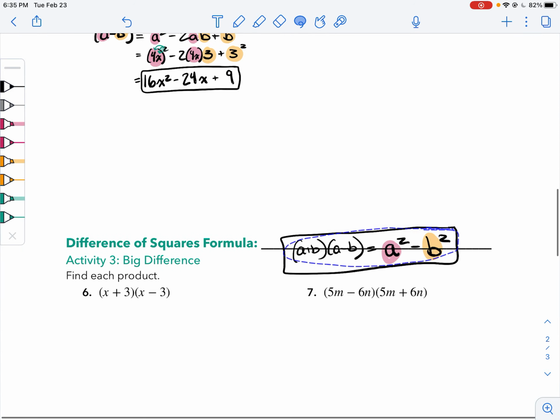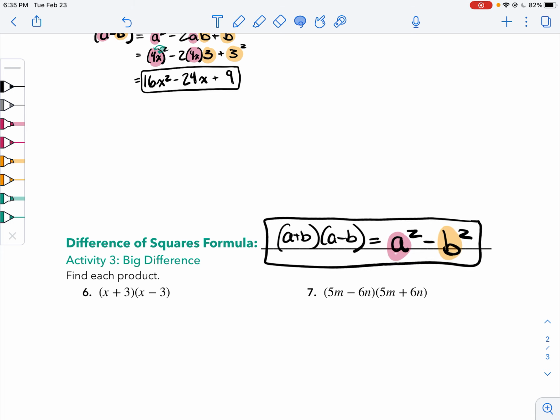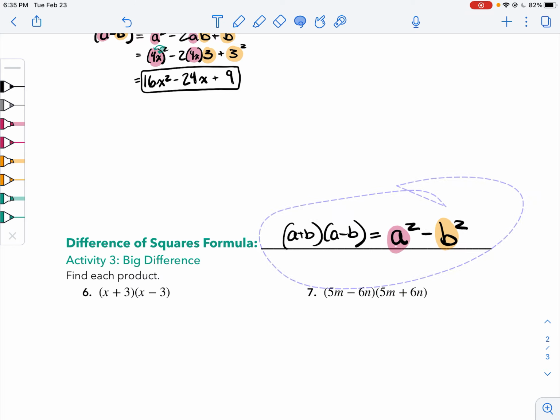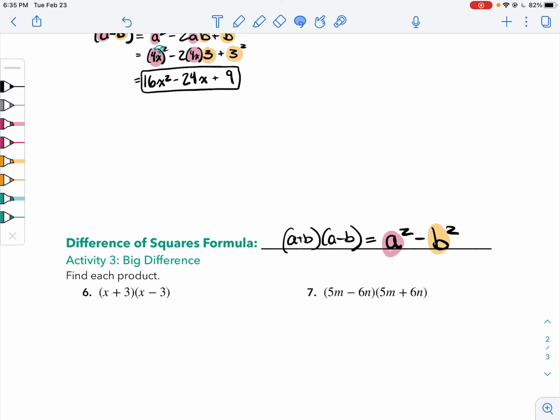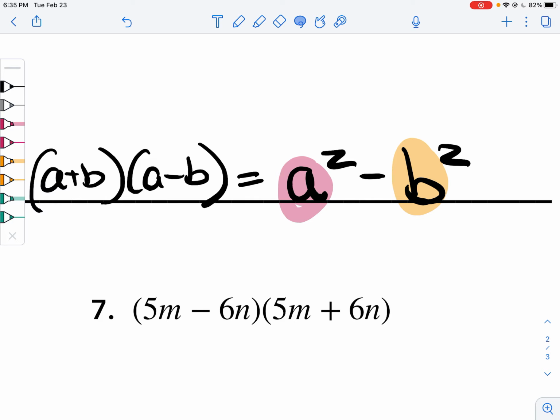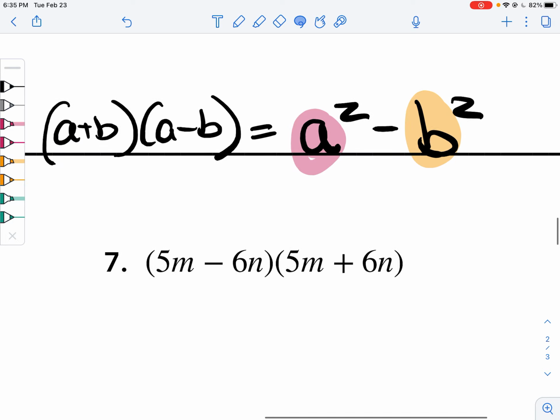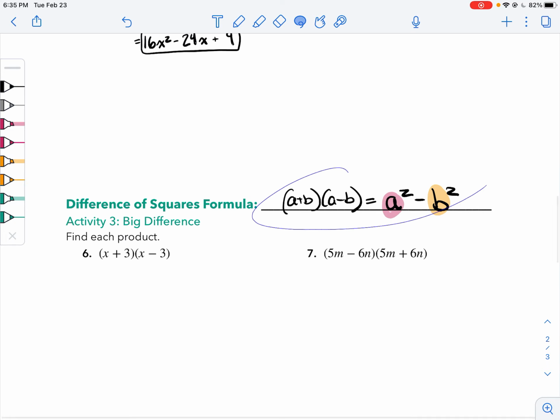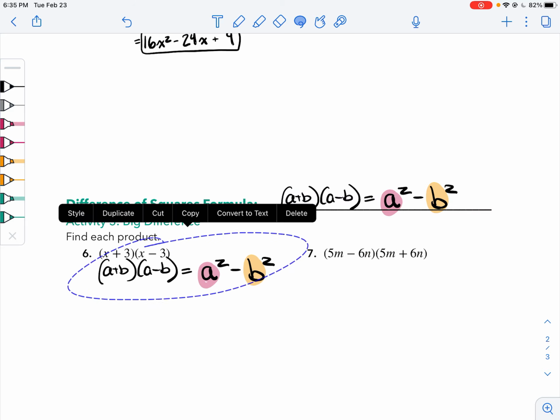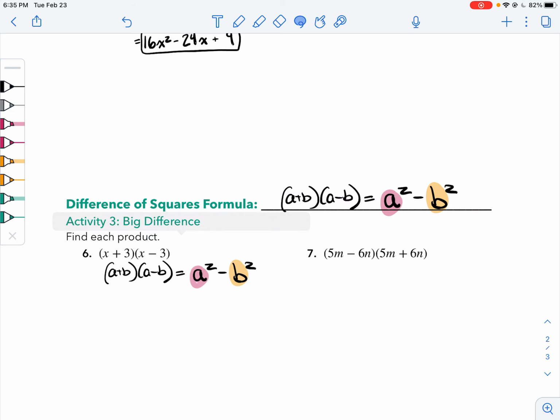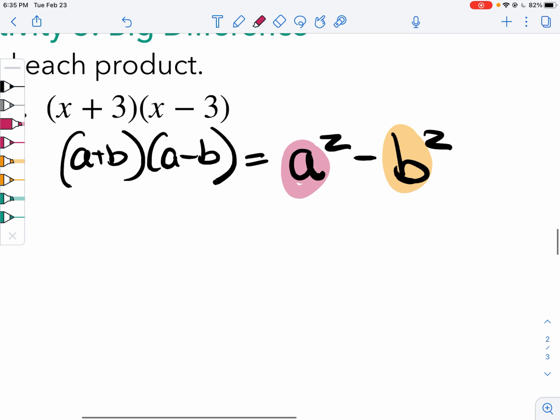But this is what the difference of squares says. If you have two numbers multiplied times each other, but one is a plus guy and the other one is a minus guy, then you can just take their squares and minus them. So let's see, do we fit this pattern right here? We do. What is our a here? Here our a is x, and our b